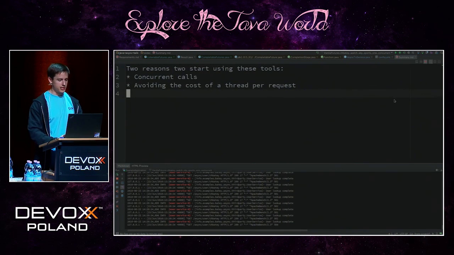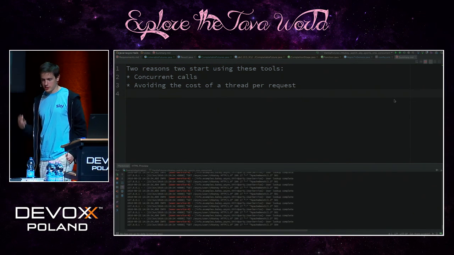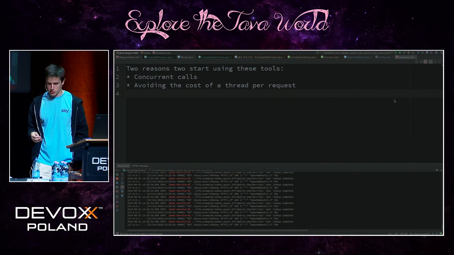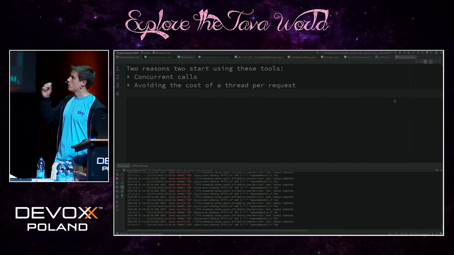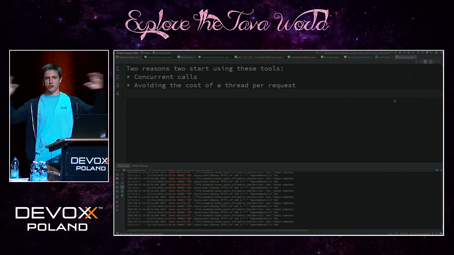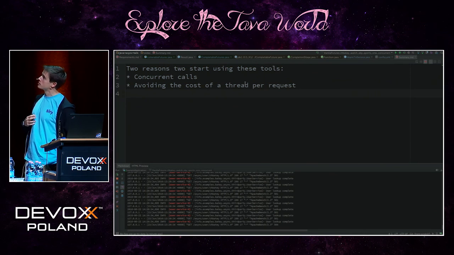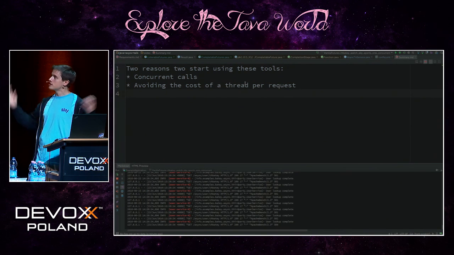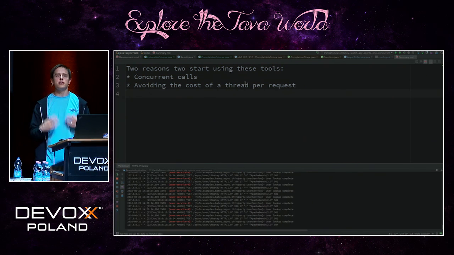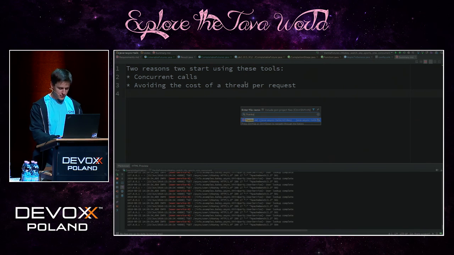My last few points are about completable futures. I'm sure a lot of people have played with RxJava and Ratpack and all these really new cool tools. Make sure you have one of these requirements. You either need to inject some concurrency, some parallelism, so you can actually reduce your elapsed time, or you do actually need to avoid this cost. I see a lot of talks saying async is the future. That's like my title. But it's only the future for people who actually need to satisfy large numbers of concurrent requests. And on that note,